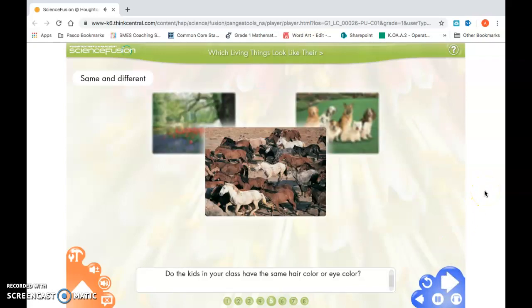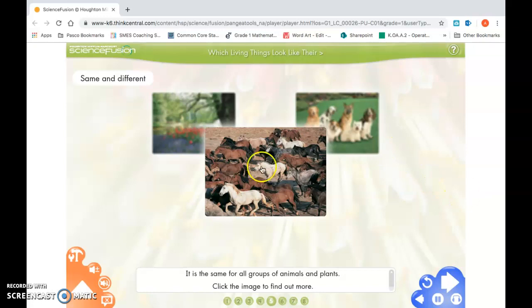Do the kids in your class have the same hair color or eye color? Everyone in your class may have some things in common, but there are differences also. It is the same for all groups of animals and plants. Click the image to find out more. So our class is full of people. We're in the same group. We're all humans. So we all have hair and eyes and noses, mouths, but what we look like, our traits